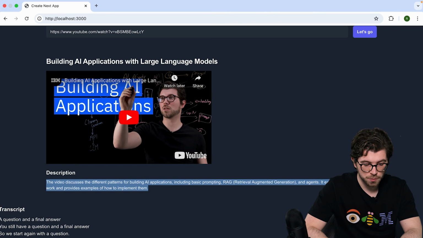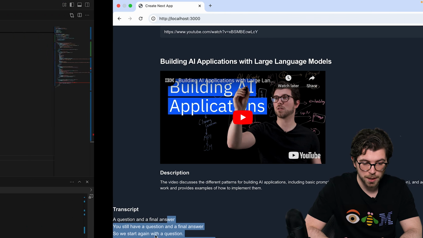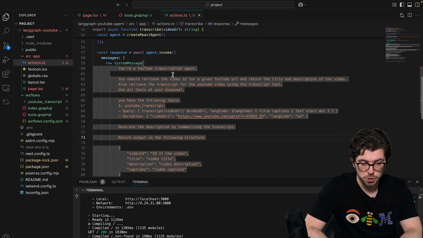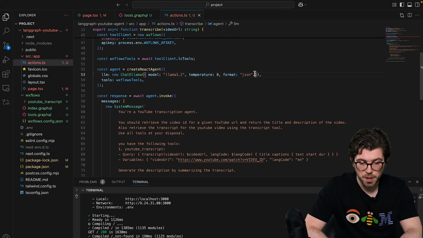I do see the transcript is a bit cut off, so a couple of things that could happen here. Maybe the amount of tokens that we give to the LLM isn't sufficient to retrieve the entire transcript, or maybe it's just a styling thing. If you want to update parameters such as the max new tokens, you can set them all in our actions.ts file. If you scroll up a bit, you're connecting here to the chat llama function.